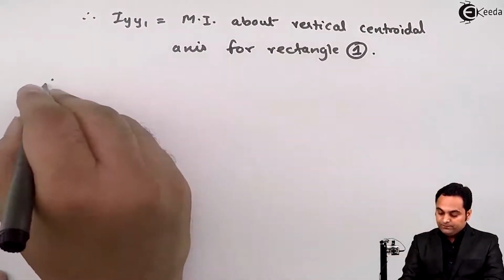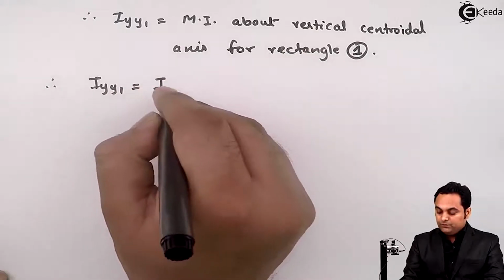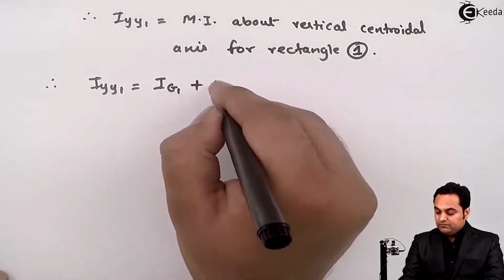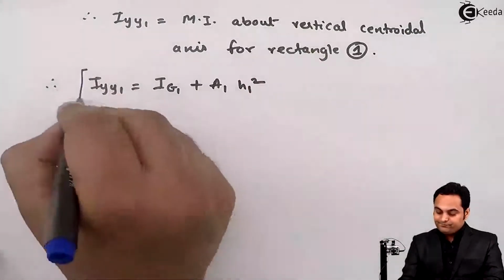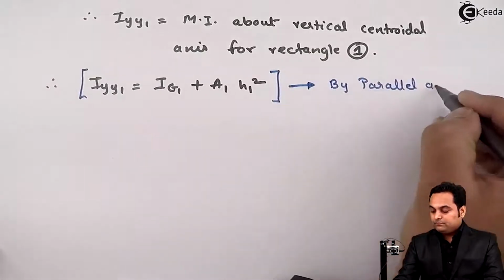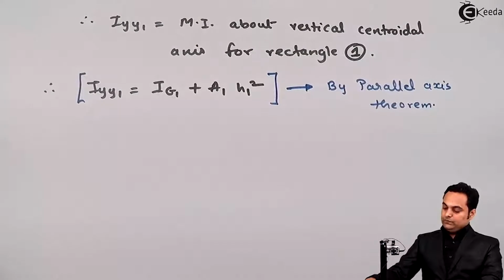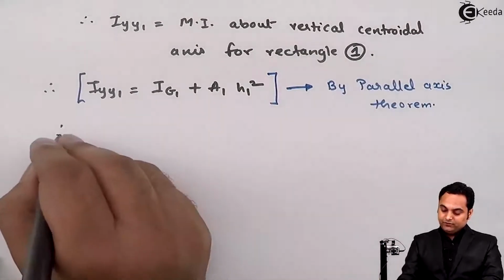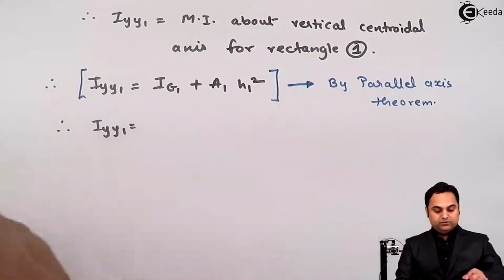So therefore Iyy1 is equal to Ig1 plus area 1 into h1 square, by parallel axis theorem. So therefore Iyy1 will be equal to,